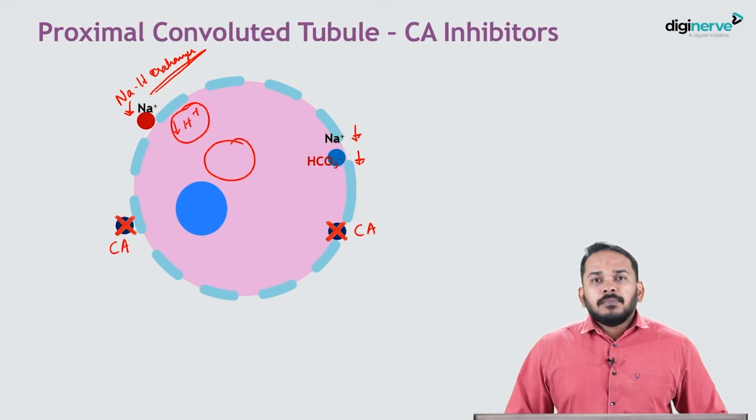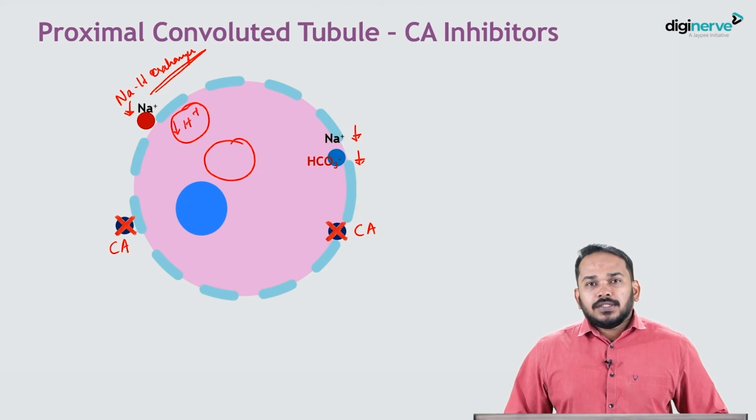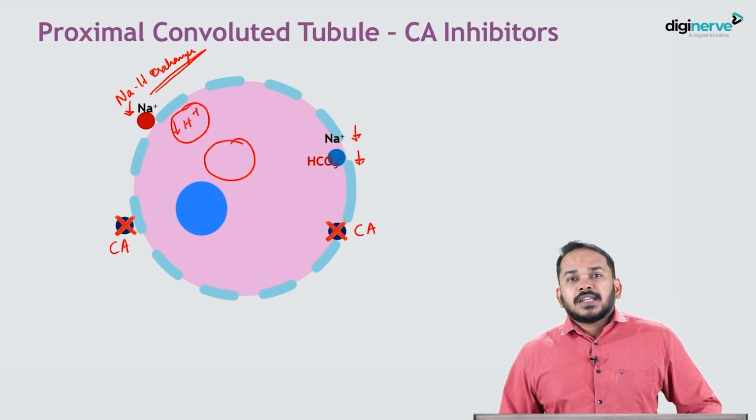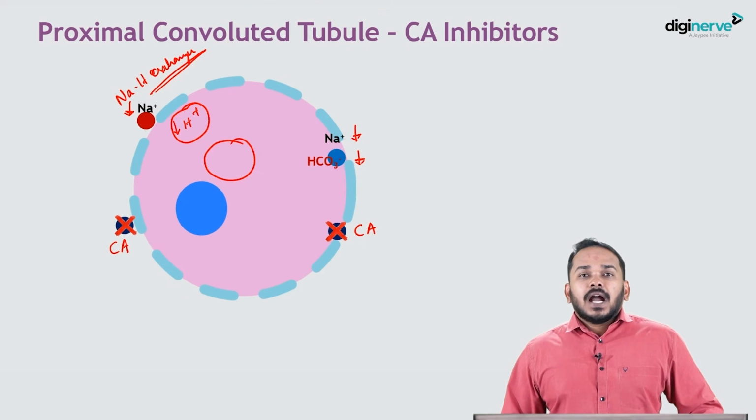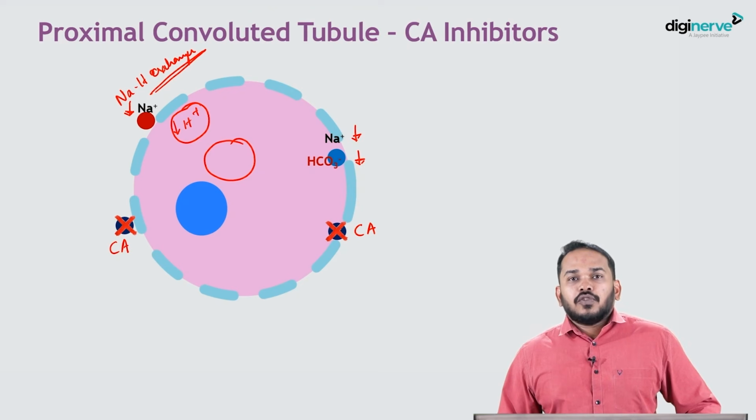The proximal convoluted tubular cells reabsorb sodium, potassium, bicarbonate ions, glucose and amino acids. And the luminal surface of the proximal convoluted tubular cells contains sodium hydrogen exchanger, which will reabsorb sodium in exchange for H plus ions, which will combine with the bicarbonate ions which are present in the ultrafiltrate to form carbonic acid. And this carbonic acid will be dissociated by an enzyme called carbonic anhydrase into water and carbon dioxide. And since carbon dioxide is a gas, it will diffuse into the cell where it will